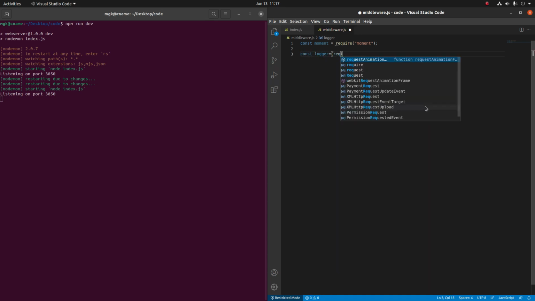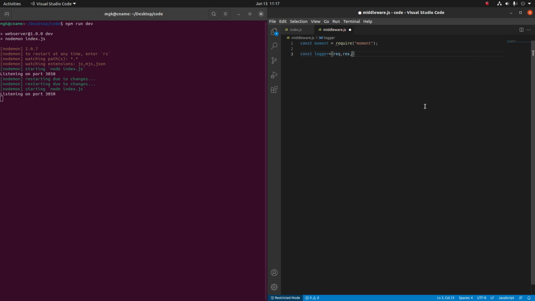It will take request and then response, and then there is another parameter, next, which is important here for defining a middleware. This is the syntax, by the way. Next will guide to the next whatever request it is. So after executing logger, it will guide to the next entry point or the endpoint.